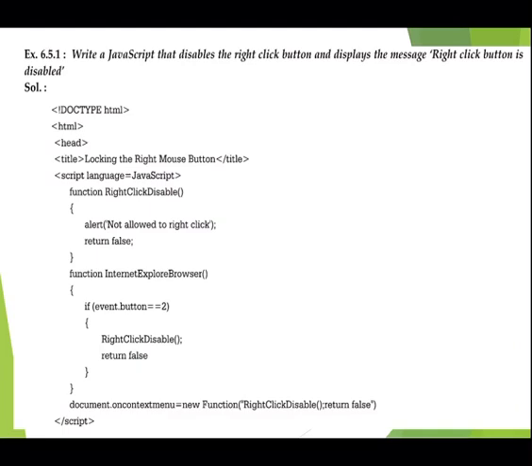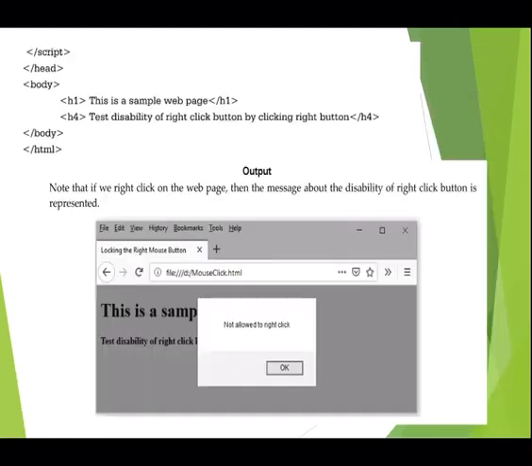Then write document.oncontextmenu is equal to new function rightClickDisable, give a semicolon, and it will return false. Then close your script tag, close your head tag, and inside the body you are just displaying two texts: this is a sample web page, and test disability of right click button by clicking the right button.